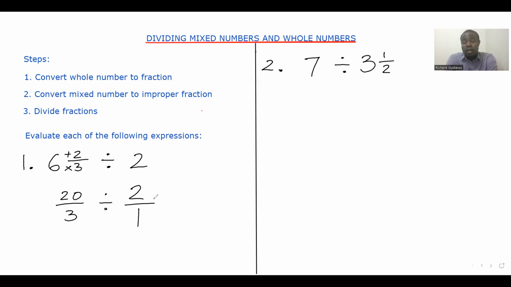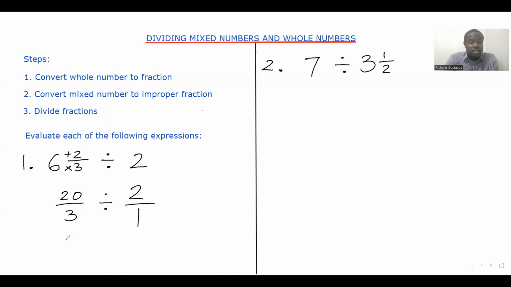Now, guys, we are going to divide our fractions. Remember the steps in dividing fractions. If you don't remember how to divide fractions, I have done several videos on dividing fractions. So take the time out and watch those videos and then come back to this lesson. When dividing fractions, we